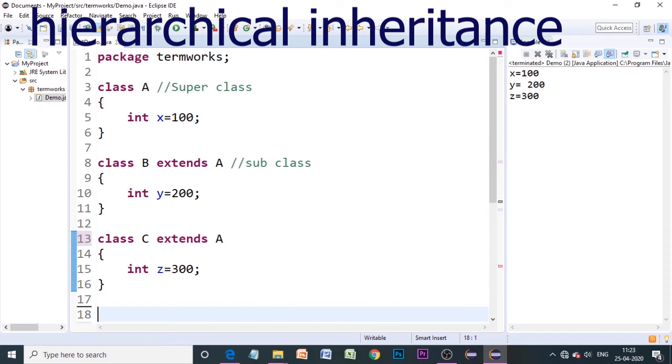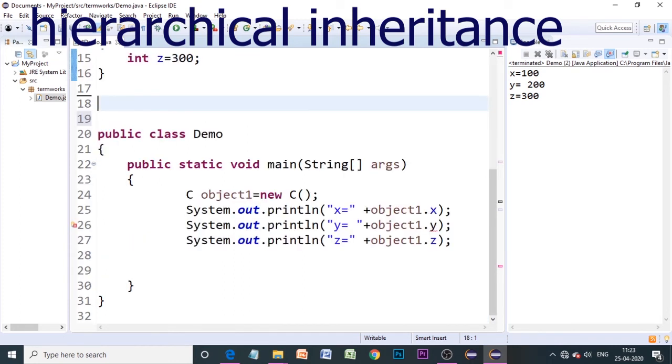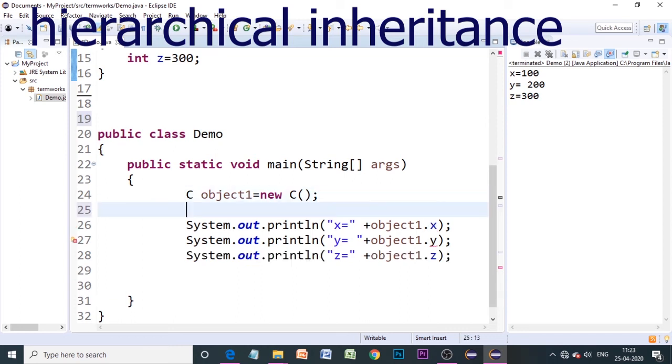inheritance. And now if we wish to print the values of x, y and z, then we will have to define the objects of B as well as C over here.